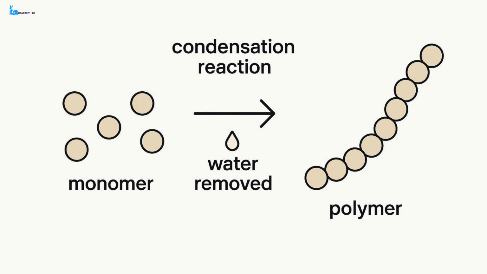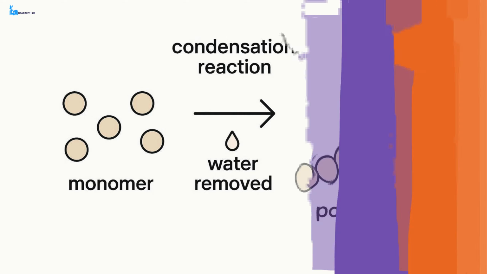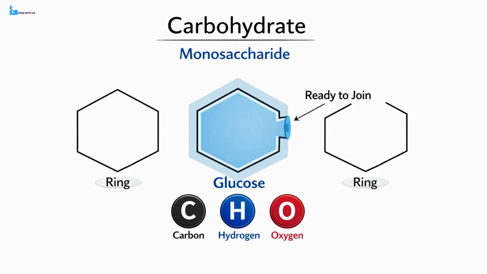Many biological molecules follow the monomer to polymer principle, in which a small unit called a monomer bonds repeatedly to form a long chain called a polymer, with each bond formed by a condensation reaction that removes a small molecule of water. Carbohydrates are built from simple sugars called monosaccharides, a key example being glucose, and each sugar unit contains